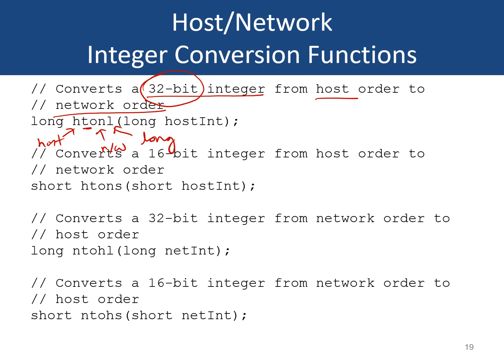The function will accept the 32-bit integer in the host byte order and it will return the same integer in the network byte order. Similarly, if you want to convert a 16-bit integer from the host byte order to the network byte order, you can use this function host to network short. So again, this H stands for host, and we want to convert this short from host byte order to the network byte order. N is for network and S stands for the short integer. So it only converts short integers. As a parameter, it will accept the 16-bit integer in the host byte order and it will return the equivalent integer in network byte order.